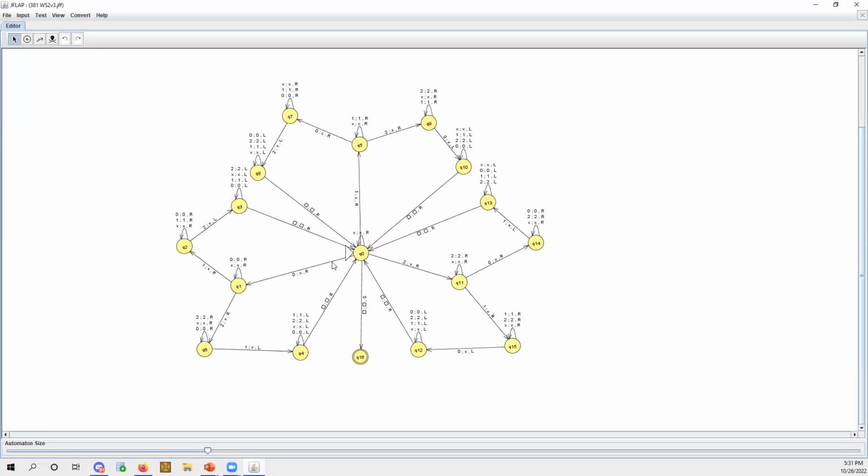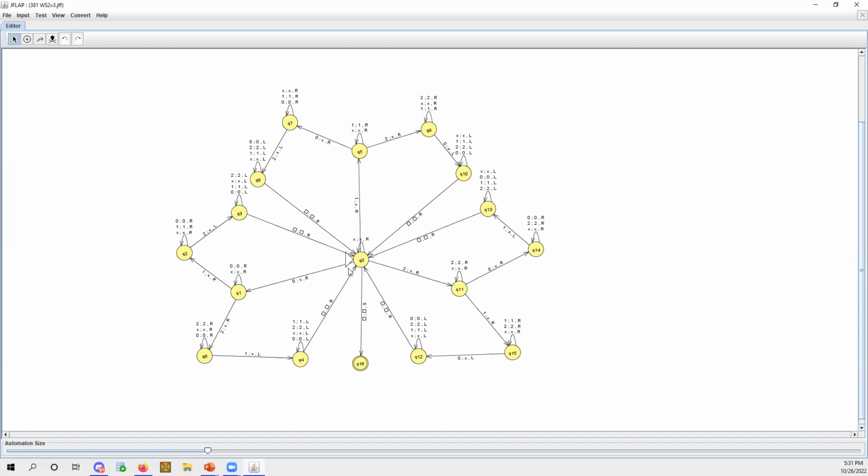So when I built it, I started on the 0 path. I built it thinking of zeros, ones, and twos, like 0, 1, 2, just trying to accept that string. And so if I want to accept 0, 1, 2, I would build this right here. It's kind of like a loop, because it can accept multiple 0, 0, 1, 2, 0, 1, 2, or 0, 2, 1, and this loop right here. So it'll see a 0, it'll put down an X, it'll move the head to the right, and then